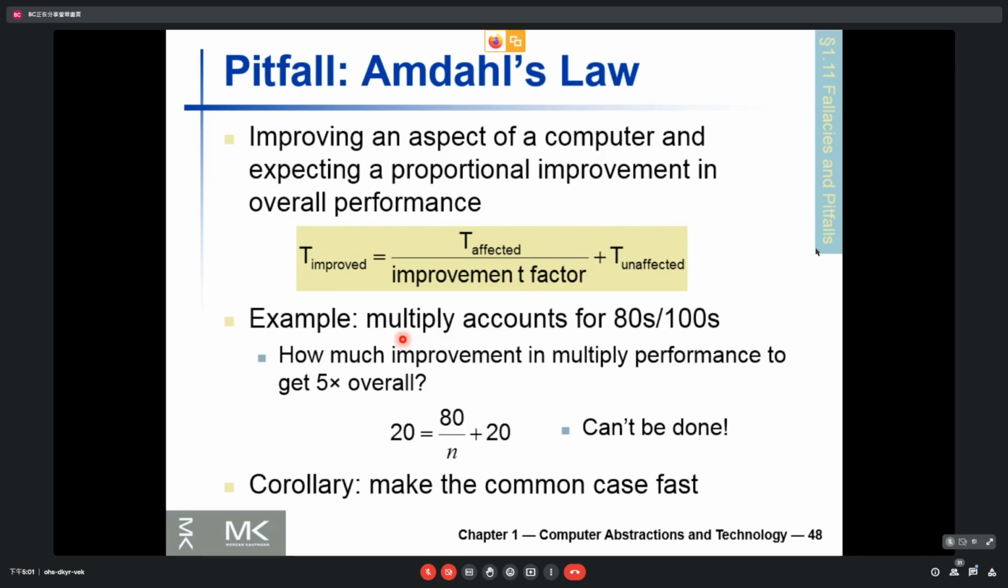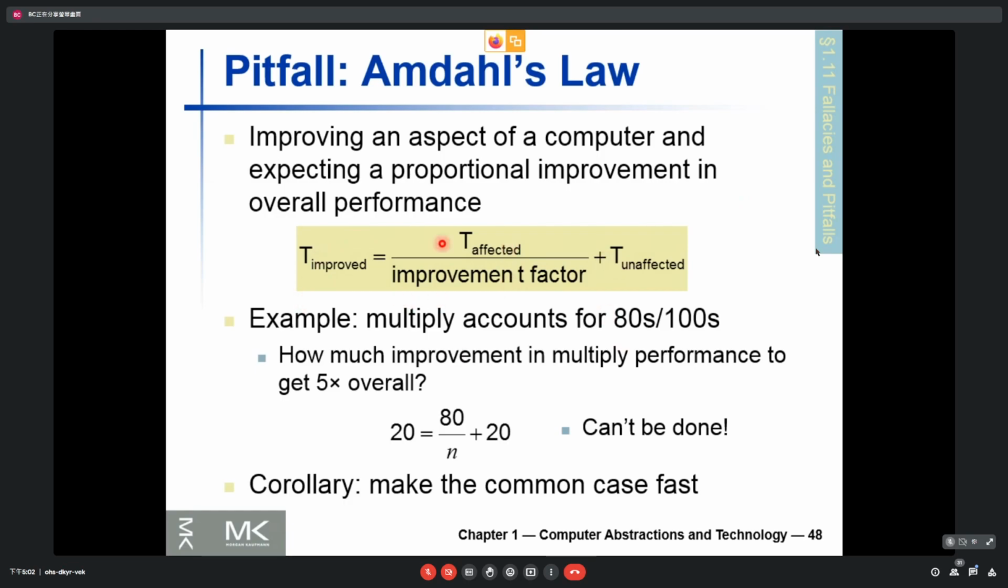好，example. We try to multiply; the multiplication accounts for 80 seconds out of 100 seconds. How much improvement in multiplication performance to get 5x overall? 就是我100秒里面有80秒在做乘法，so out of 100 seconds, I spent 80 seconds doing multiplication. How much faster should I make the multiplication in order to achieve a total of 5x faster？就是我要让整个系统快5倍，那我那个乘法要让它快几倍才能做到这件事情？答案是你做不到。